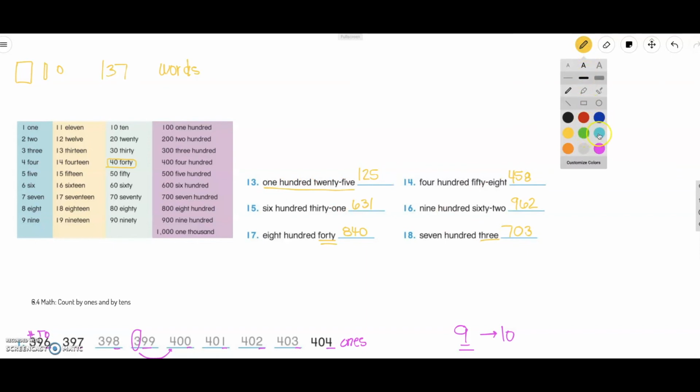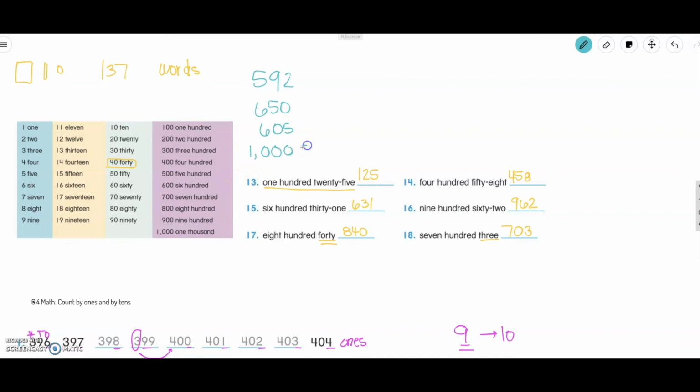So now what I'm going to do is here in these blue here, I'm going to write a couple numbers, and I want you to use this chart. So you can pause the video or save this. Use this chart to write it out in words. So if I write 592, 650, 605, and 1,000. I want you to take a second, write these down on a piece of paper, and write it out in words. So here, whatever I say, or however you say this number,